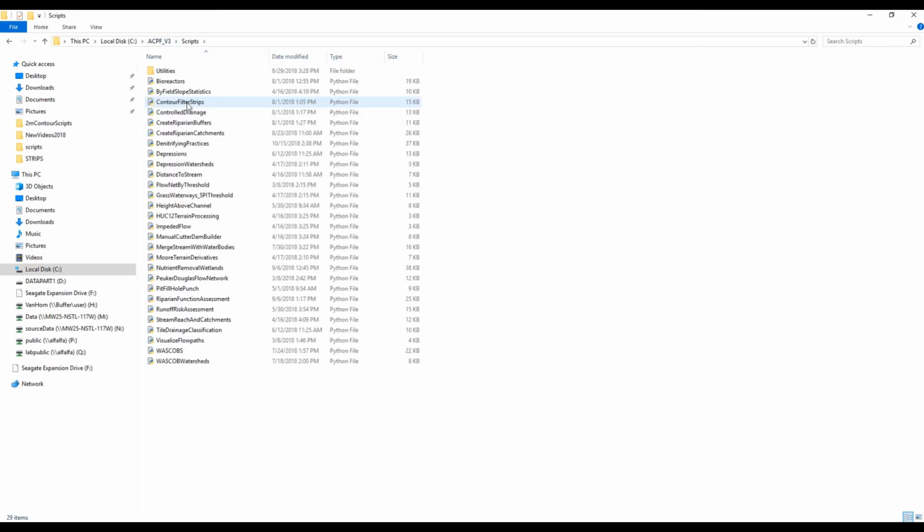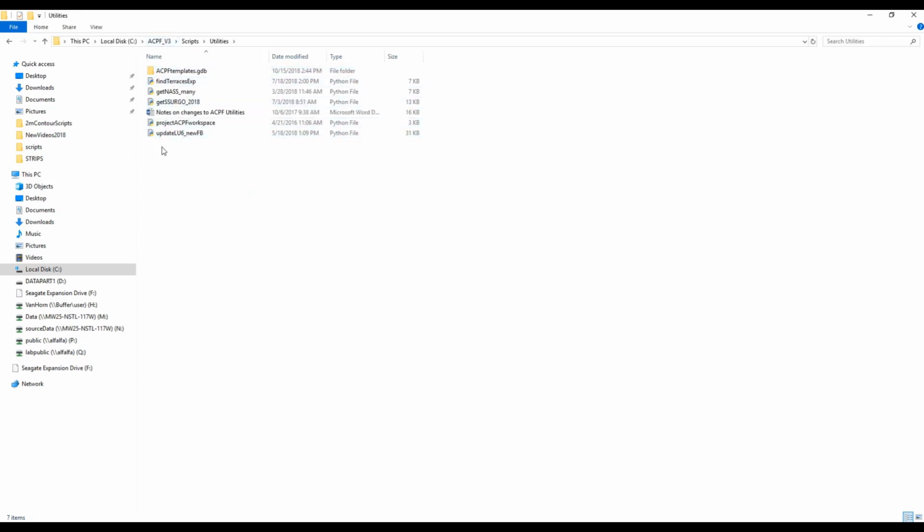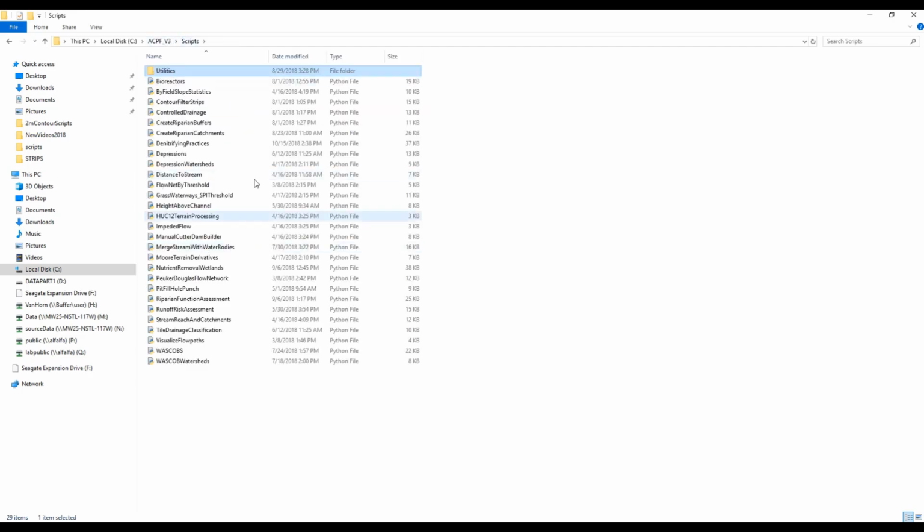And then our last folder is the scripts folder. These are all the Python scripts that are essentially the tools that you're going to be running. And if you open one of these, there's the Python code that was written to make the tools run. There's also the utilities tools in here. You're probably not going to ever need to really go to these unless you know Python yourself and would like to make edits, but be advised any changes you make to these will change how the tool works. And unless you make a copy, the original file will be lost. So it's better to just not touch these unless you're very familiar with Python coding.